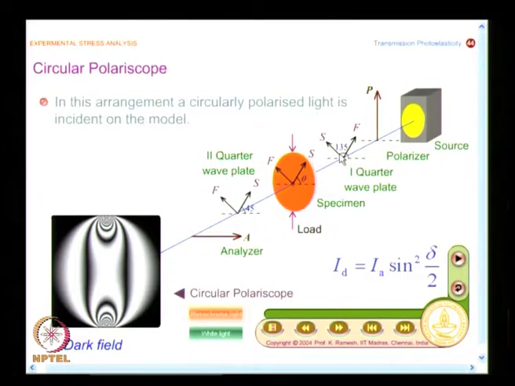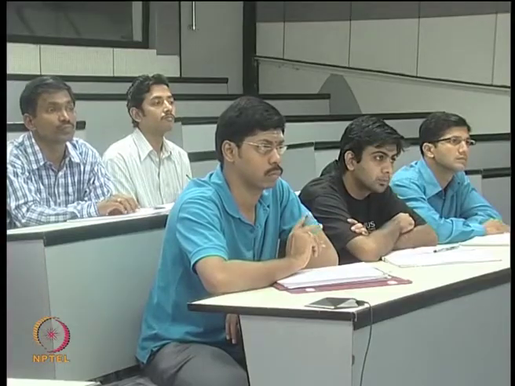So, what do you get after the quarter wave plate? You get essentially a circularly polarized light. How many of you are able to see this? I make the amplitude of vibration the same, and it introduces 90 degrees as the retardation. So, I get a circularly polarized light, which directly comes from your light ellipse analysis,